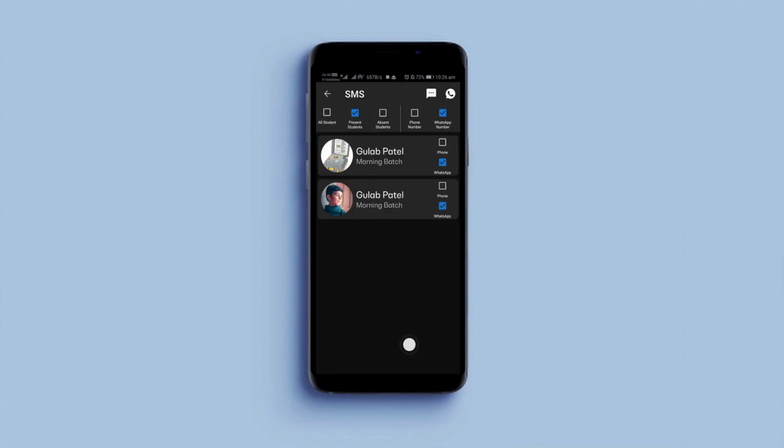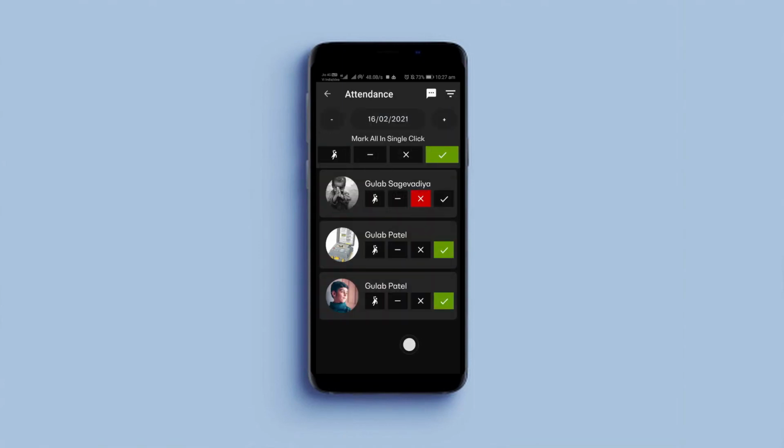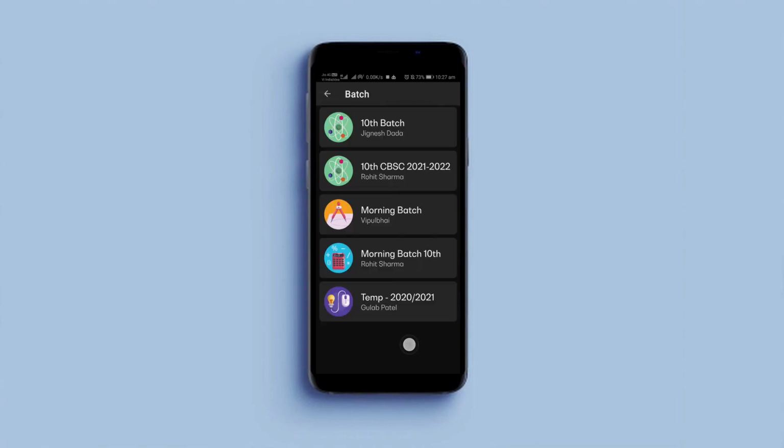And here we have completed the student attendance marking tutorial and learned how to mark student attendance and send SMS to